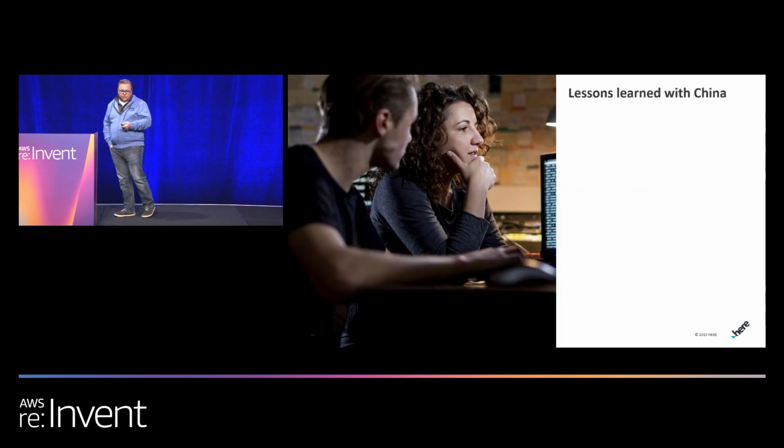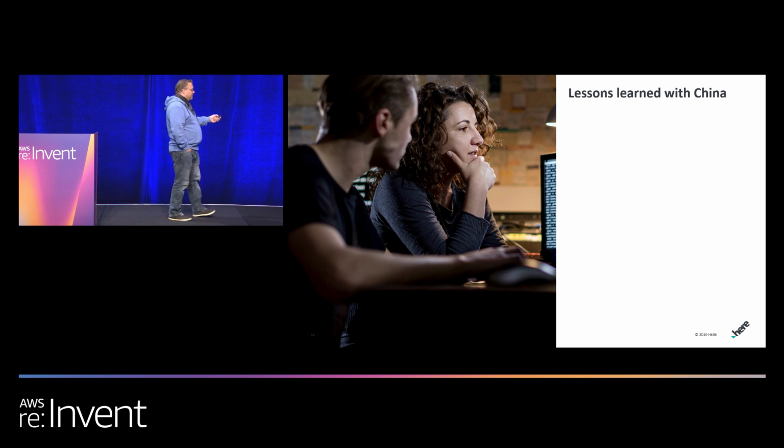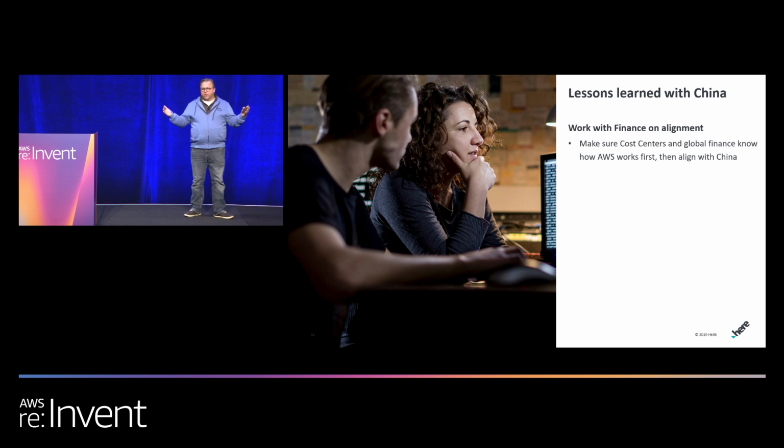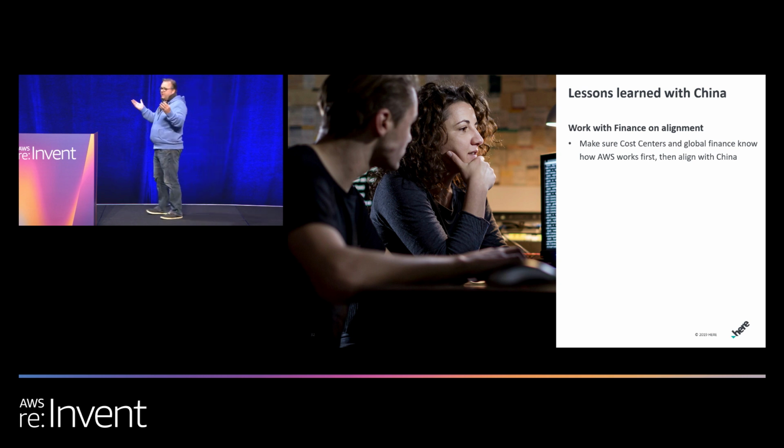So from a lessons learned, as a corporation, and you put it in the beginning of your deck, there are some maybe non-technical requirements that you should sort out. So if you're not in China today and you're thinking about going into China, make sure you work with your finance teams. So in our world, we have cost centers. So we have a cost center per AWS account. The China account doesn't get the global cost center, it gets a China cost center. And this is how we can separate budgets, we can separate investment, because these are different entities.